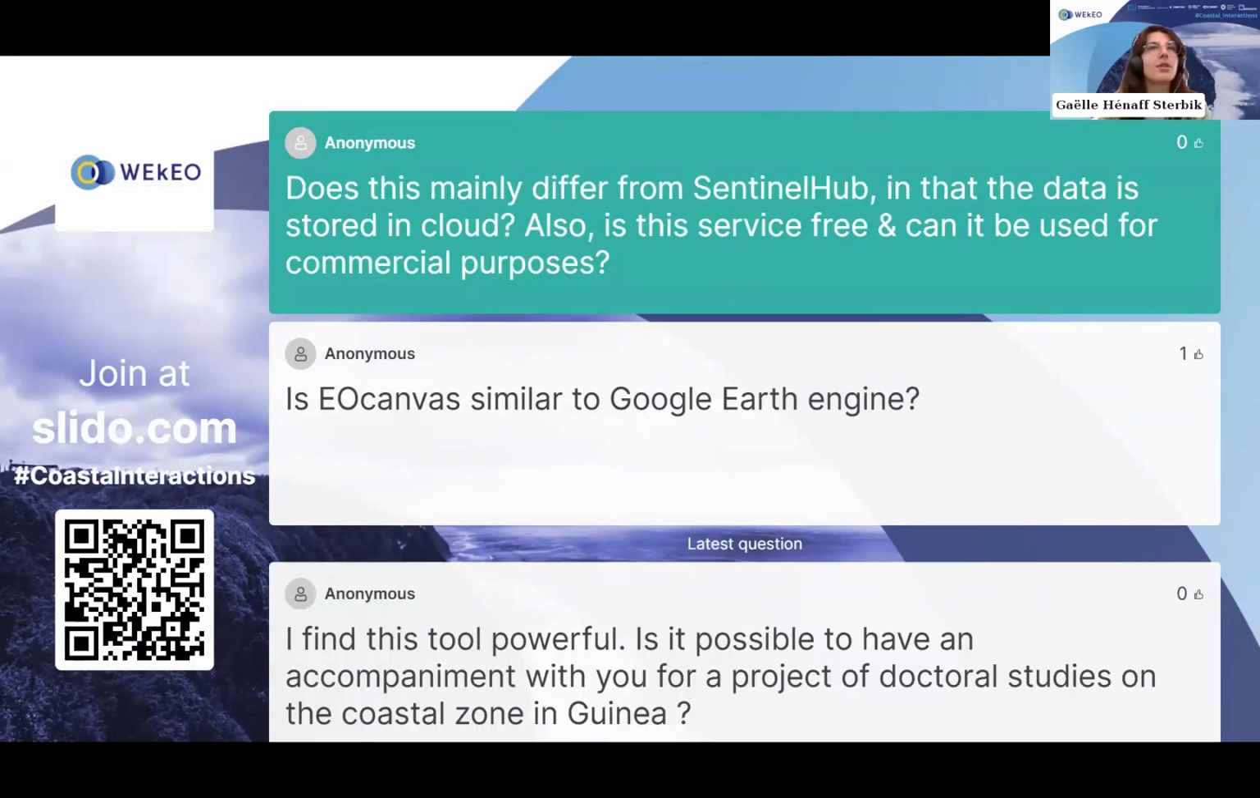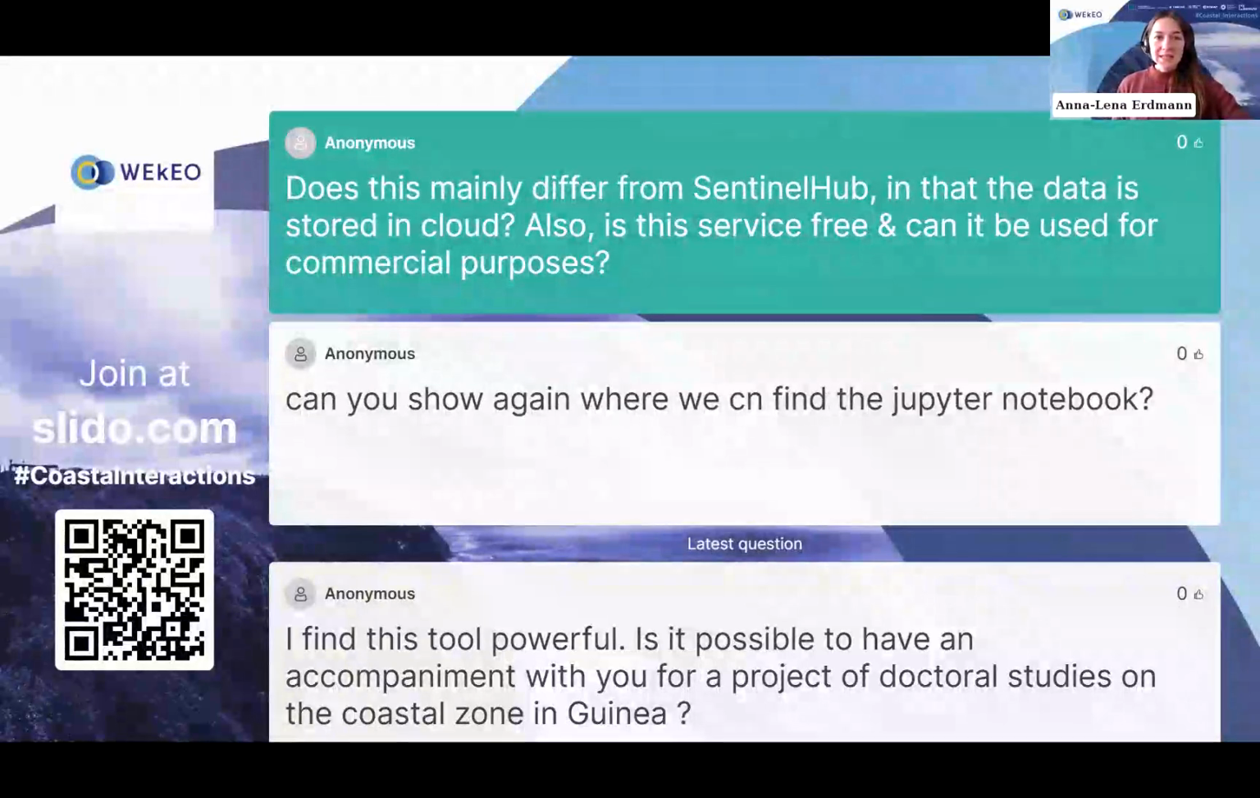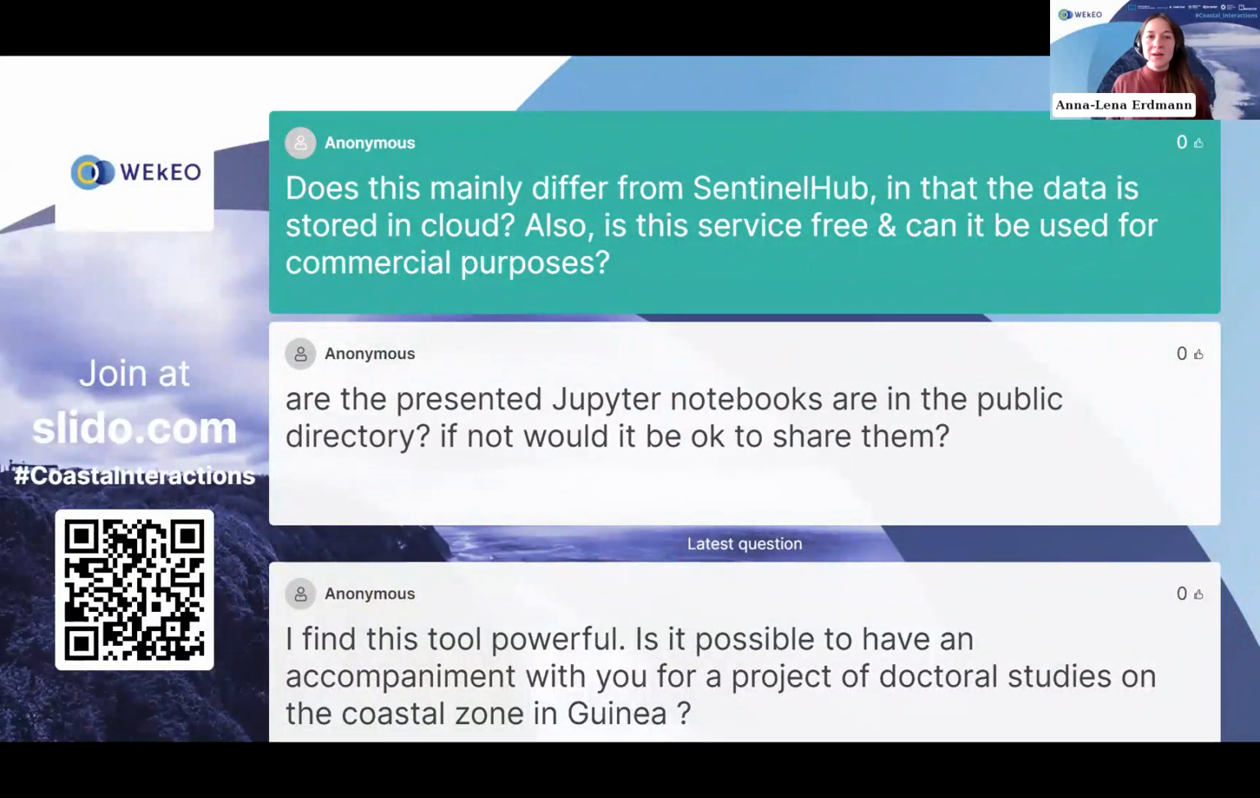So next question, does this mainly differ from Sentinel Hub in that the data is stored in the cloud? Also, is this service free and can it be used for commercial purposes? For Sentinel Hub, it's a similar approach. Sentinel Hub, as far as I know, stores a copy of the data somewhere on their cloud in cloud optimized formats. So Sentinel Hub might be slightly faster on the data they support. It's specialized for Sentinel-2, I think. Whereas with EOCanvas, you can really access any data file which is also available from WEkEO, and it goes directly to the source. So you will always have access to the most